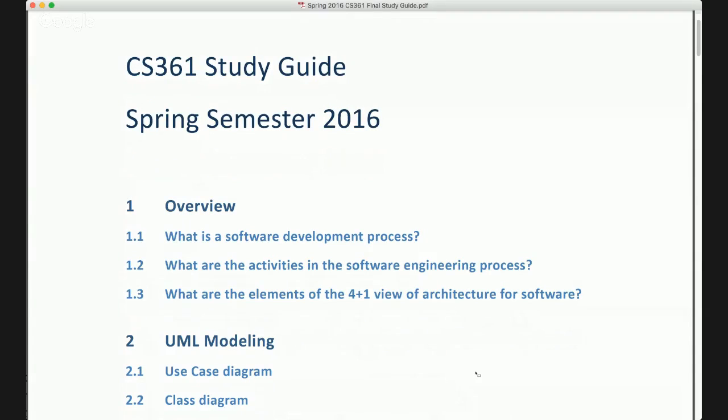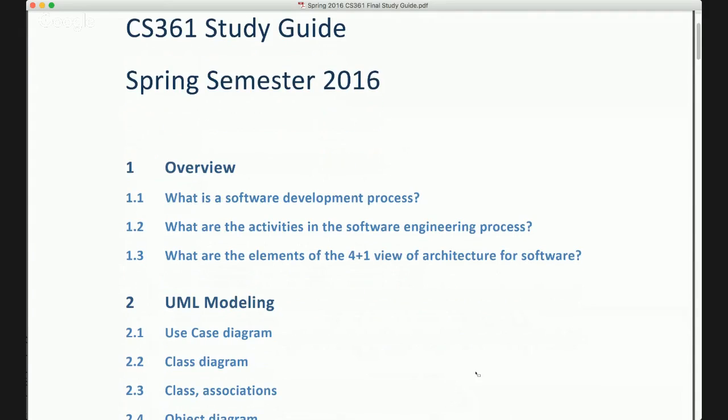What we're going to do is go over some of the key topics that I think are important for you to know for this. And I want to start at the top, as always, which are the key development activities in the software engineering process that we've talked about. Because remember, what we've done this semester is we've tried to show that the software engineering activities are all part of supporting